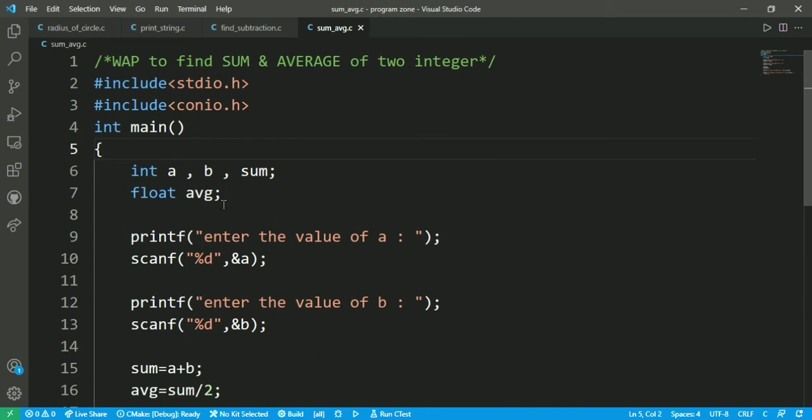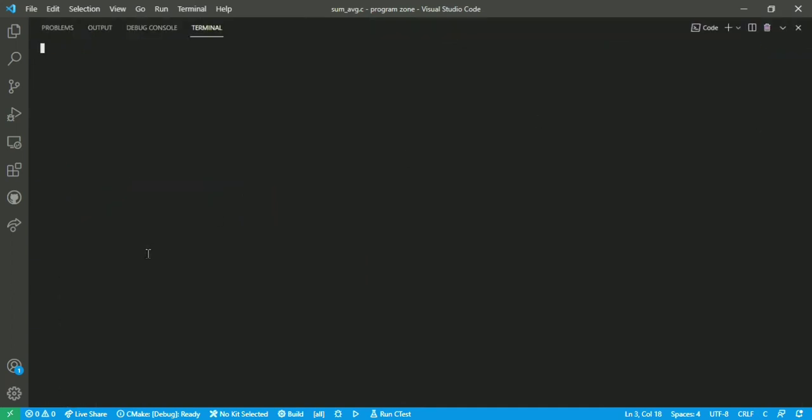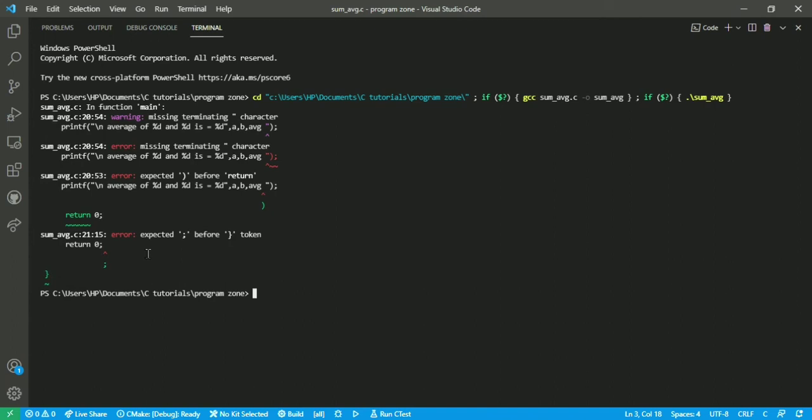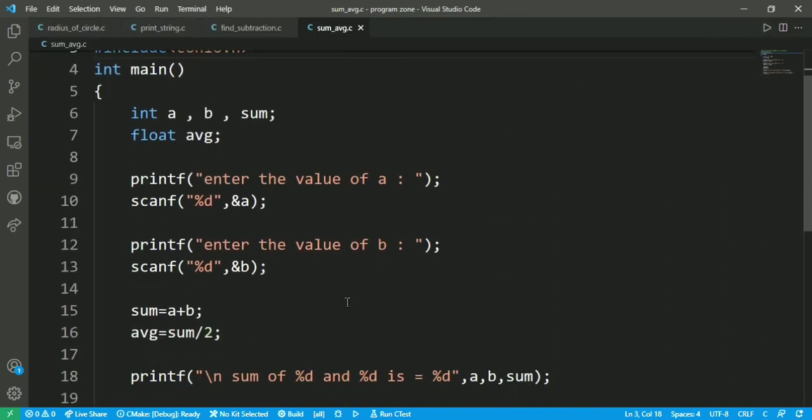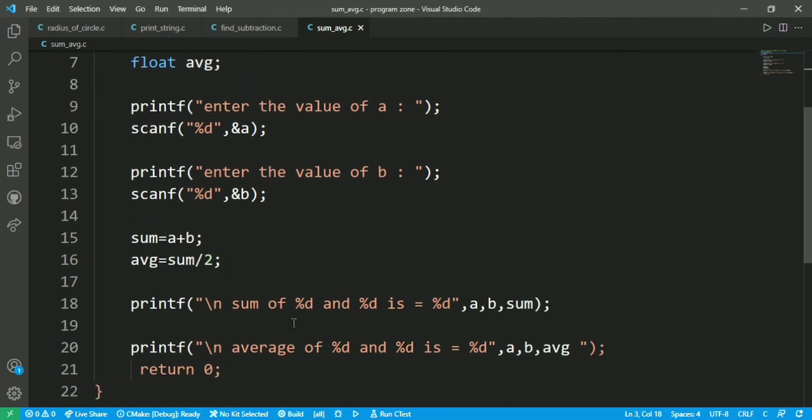Save the program, and yeah, it is correct. Let's run the code and check. I had mentioned return 0 before, and something went wrong.